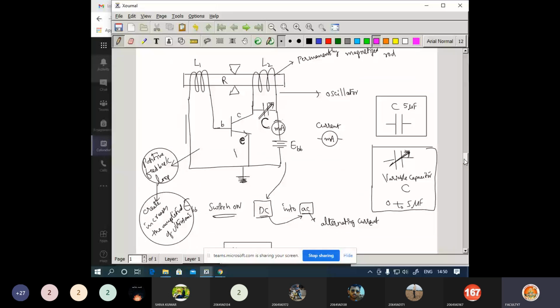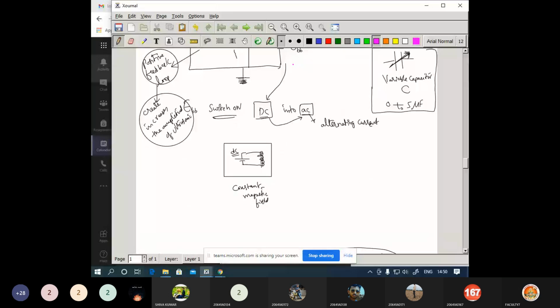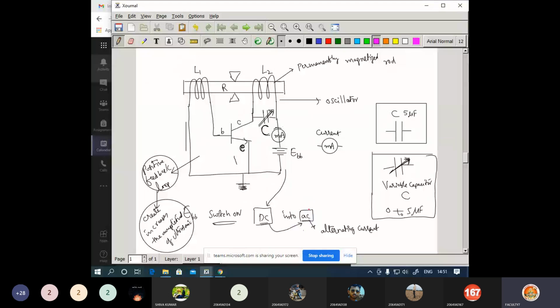Now what is the importance of this positive feedback? You can experience the increase in the amplitude. The positive feedback creates an increase in the amplitude of the sound waves. Now again, the other points here. If you switch on the battery, the DC source will be there. Due to that DC source, you are going to get the alternating currents. Why are you getting the alternating currents? This is going to create the oscillations.